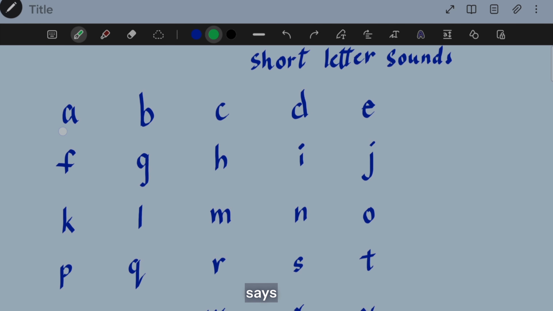Again we are going to revise the short letter sounds. That is A says A, B says B, C says K, D says D, E says E, F says F, G says G, H says H, I says I, J says J, K says K, L says L, M says M, N says N, O says O, P says P, Q says Q,